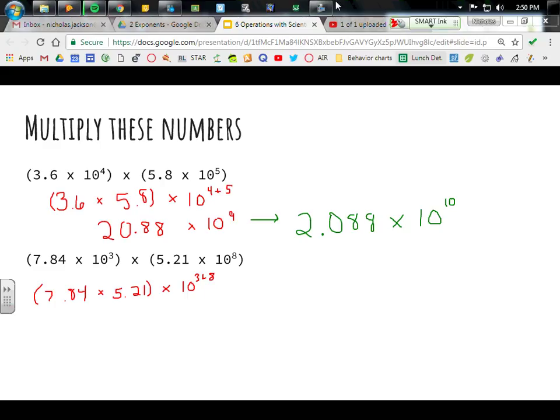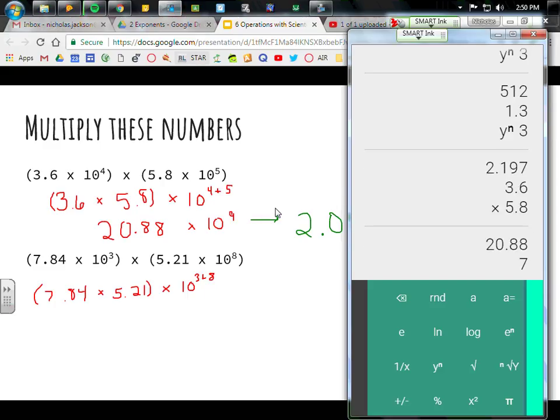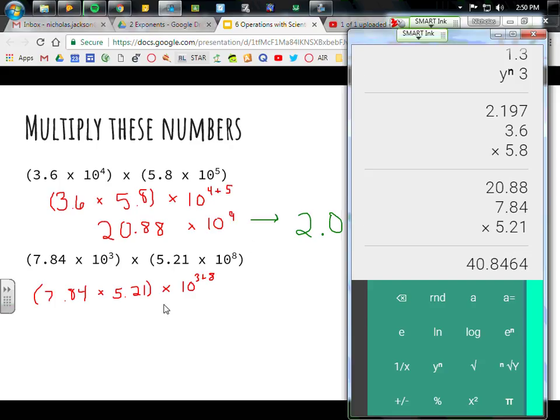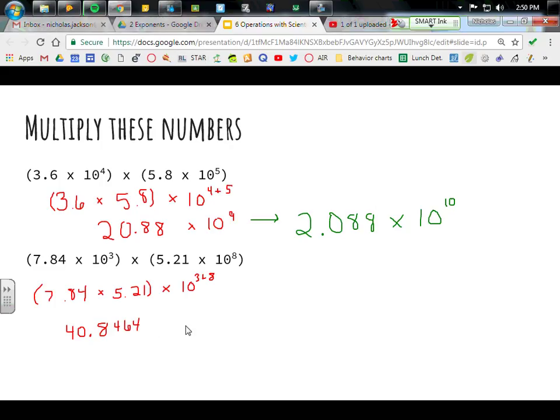Let's do our multiplication here. 7.84 times 5.21 is going to give us 40.8464 times 10